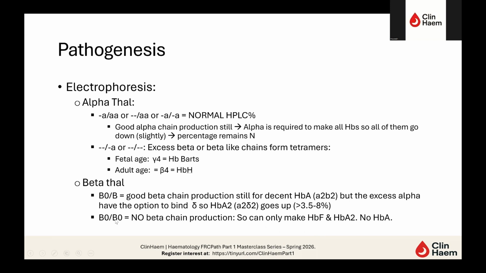If a person has beta 0 mutations, then they cannot make any beta chains. So this means that they will have, not normal hemoglobins, but they will have HbF in good amounts while gamma chain production is still ongoing until around 3 months of age. So they will not have any problems. But then as soon as gamma starts switching off, and it was time for beta to start doing their job at 3 months of age,